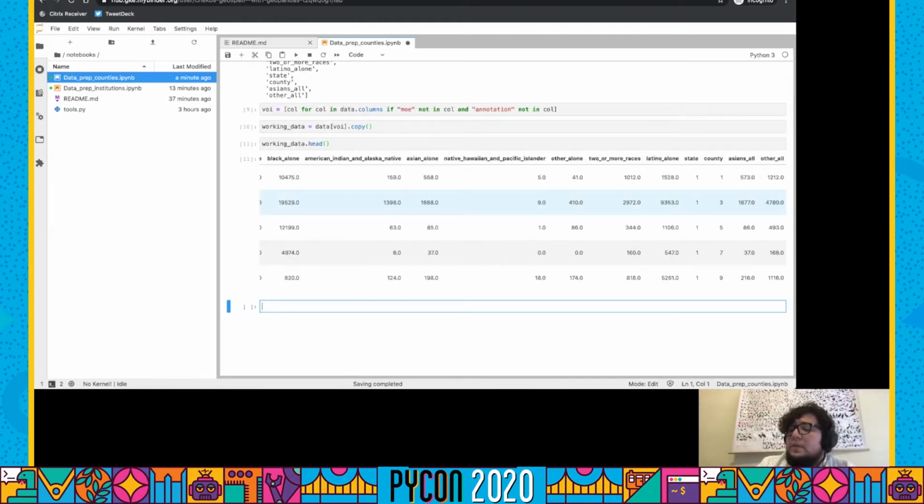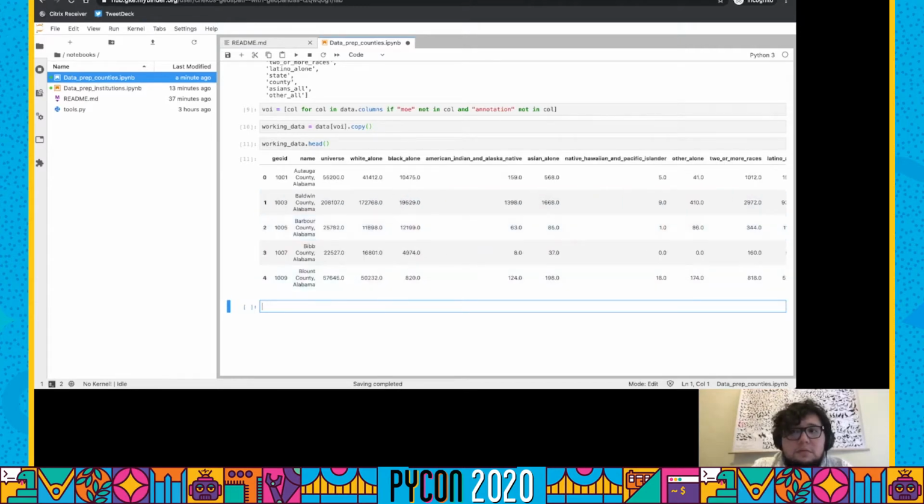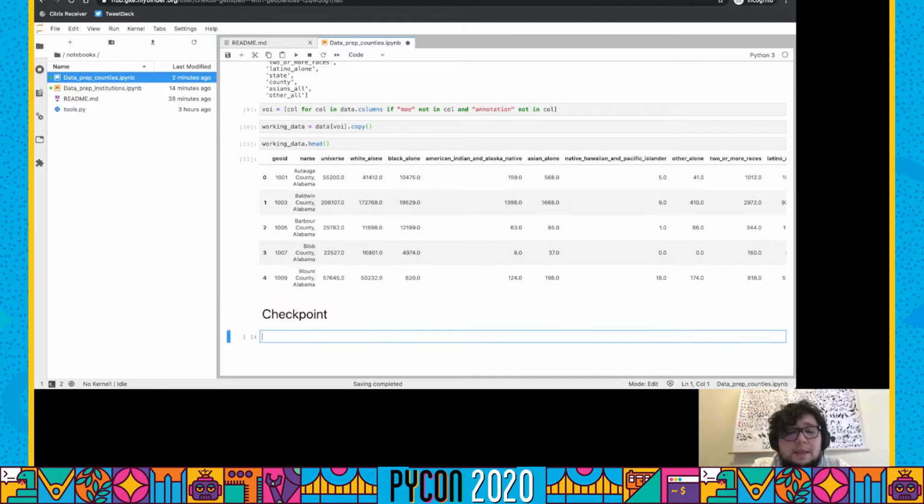Okay. Now that we have created this subset, we can save it. This is what we wanted. I'm going to press the escape key. I'm going to press the M key. So this is now a markdown cell. Pound, not hashtag, pound. Checkpoint. And we're going to save it. Working data